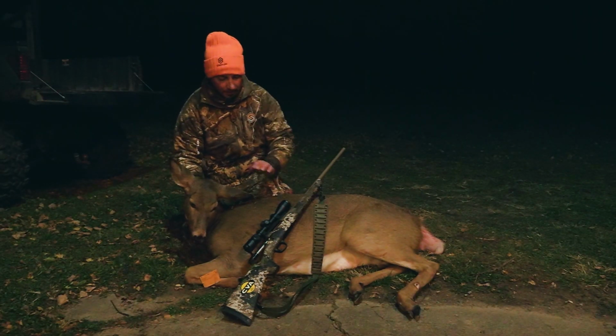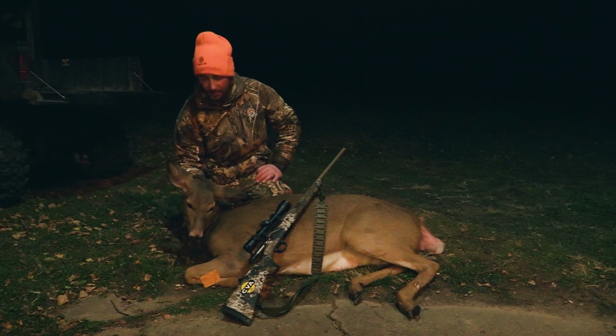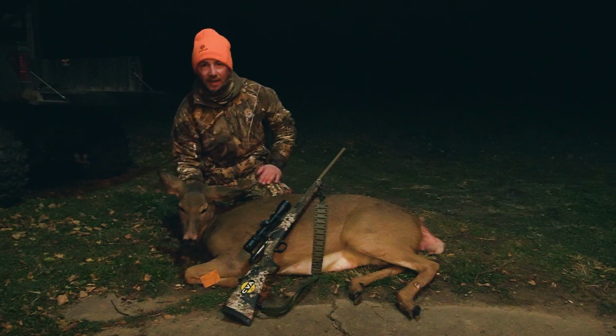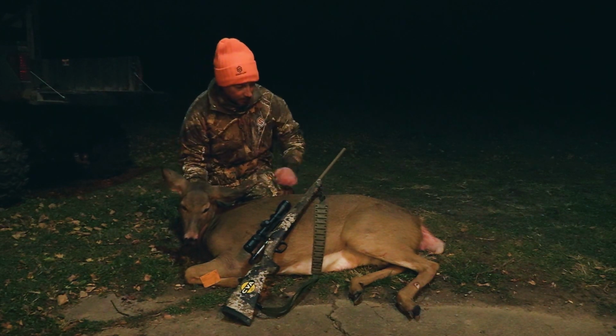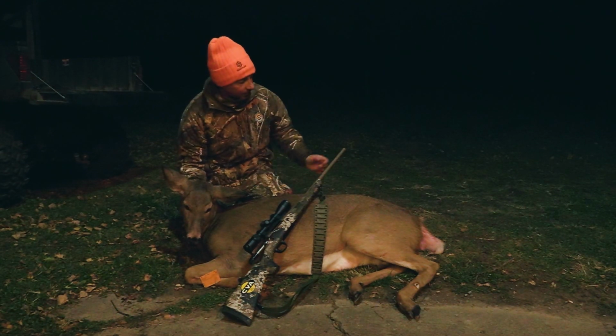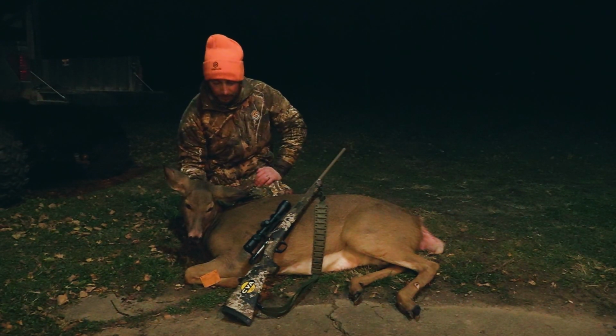Was able to knock down this beautiful slicker here tonight. Pretty eventful night, actually. Ended up seeing 9 deer. Couldn't get a shot on a couple of them. They were pretty close, and the other ones I just couldn't get turned around on in time, but ended up